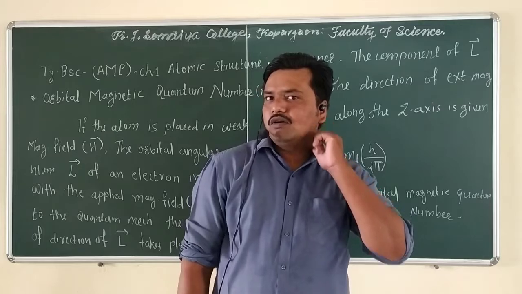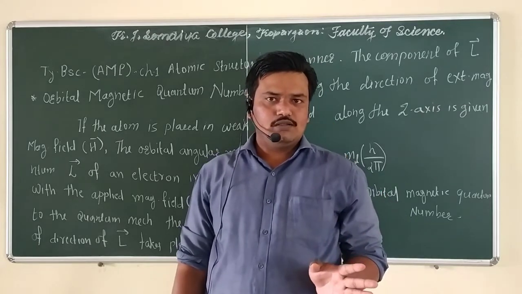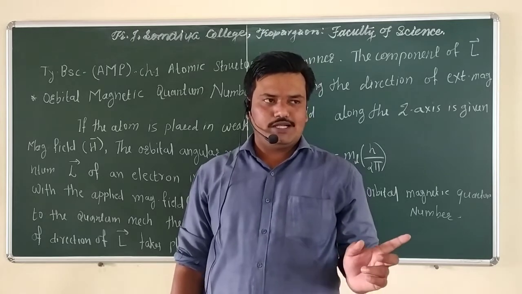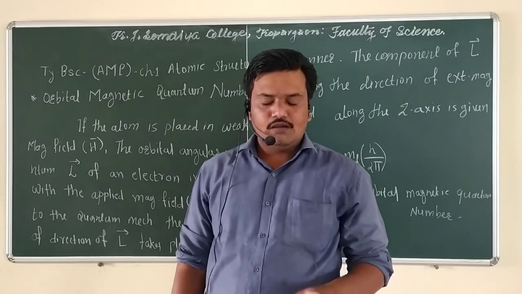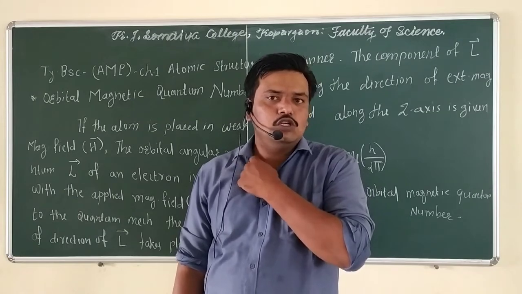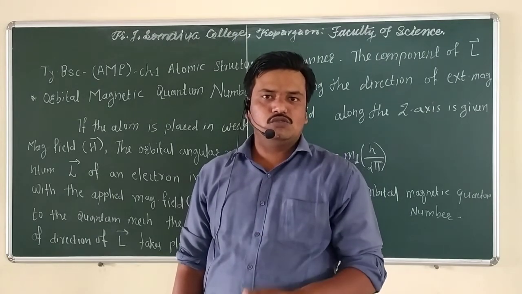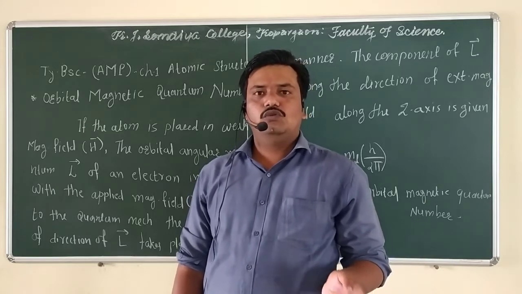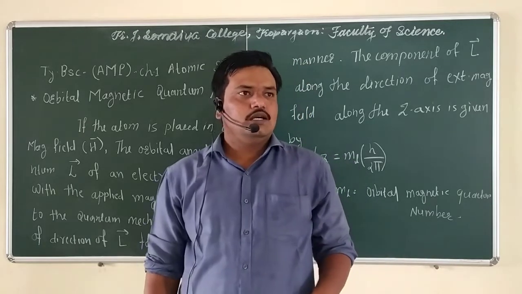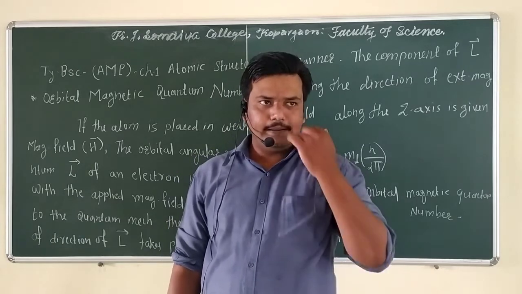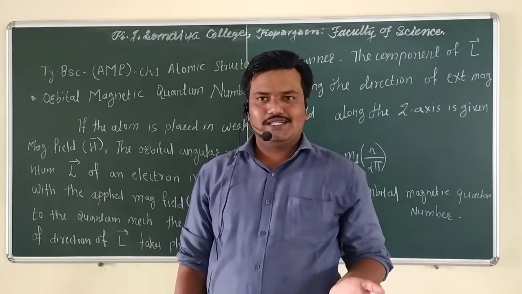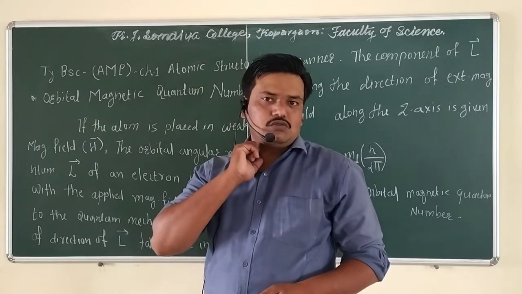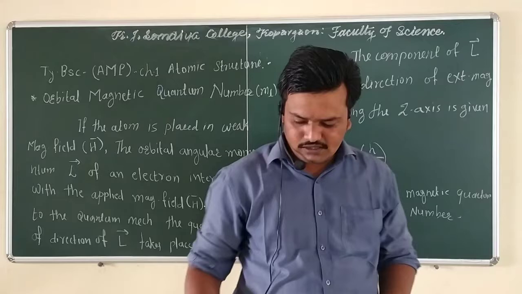For example, if n is equal to 1, then 1 minus 1 is equal to 0, which gives the orbital quantum number l value as 0. For n equal to 2, 2 minus 1 is 1, so l takes two values, l equal to 0 and l equal to 1, depending on which shell it corresponds to, the K shell, L shell, M shell, or the corresponding subshell. We saw that point in the last lecture.